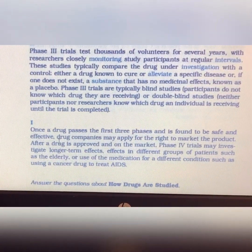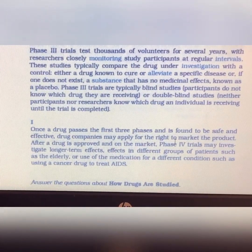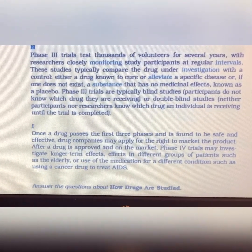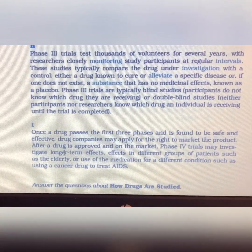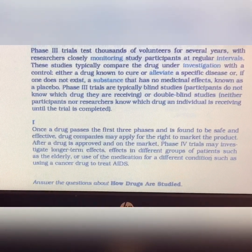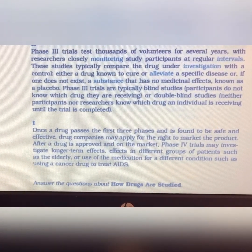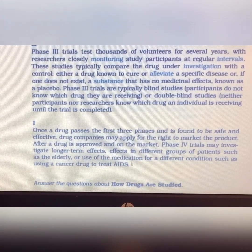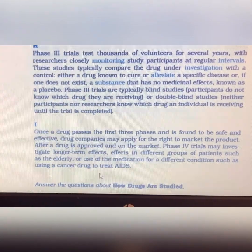Once a drug passes the first 3 phases and is found to be safe and effective, drug companies may apply for the right to market the product. After a drug is approved and on the market, phase 4 trials may investigate longer-term effects in different groups of patients, such as the elderly, or use the medication for different conditions, such as using a cancer drug to treat